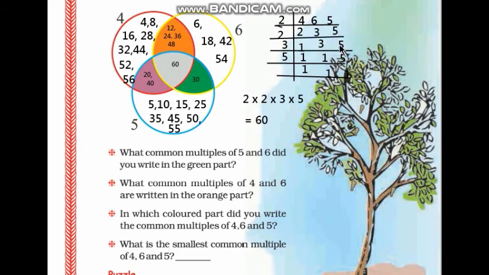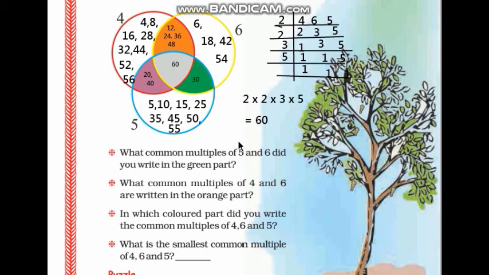Now not any number here is divisible by 2, so we take 3. Here 3, here 1 as it is, 3 1s are 3 and 5 as it is. Now here 1, 1 and 5, so we take 5. So 5, here 1, 1 and 5 1s are 5. Then to find the smallest common multiple, 2 into 2 into 3 into 5. So 2 2s are 4, 4 3s are 12, 12 5s are 60. 60 is the smallest common multiple of 4, 6 and 5. Both ways we can find the smallest common multiple of 4, 6 and 5.